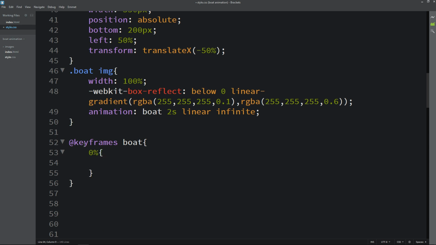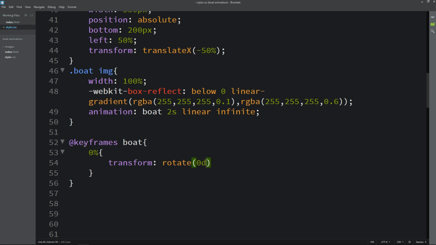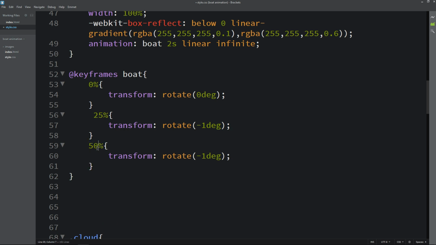Here let's add 0%, and on the 0% I will write transform rotate 0 degree. Let's duplicate it, and here we will add rotation -1 degree, and it will be 25%. Let's duplicate it and make it 50%.